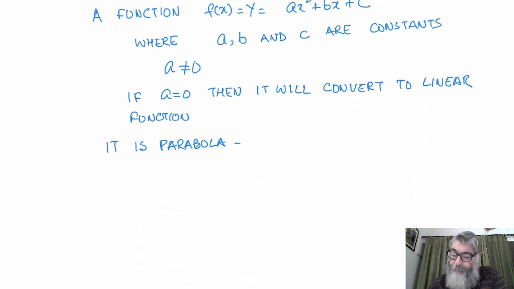So number one, for a greater than 0, that means a is positive. If a is positive, you can always make a positive because it is a polynomial function or equation y is equal to ax square plus bx plus c. You can make it positive also if you like.